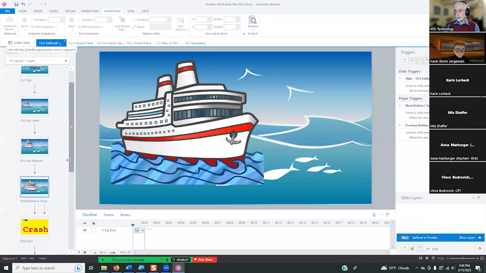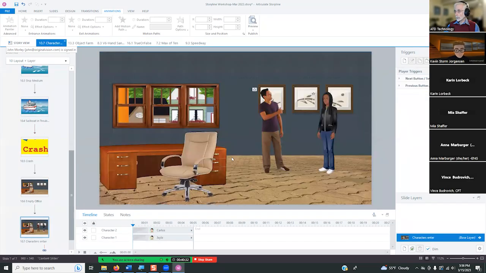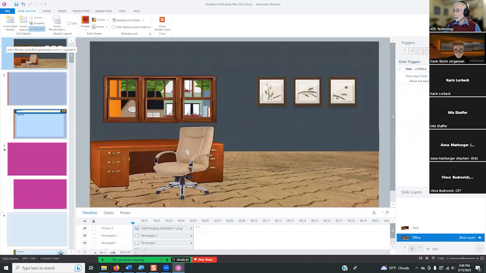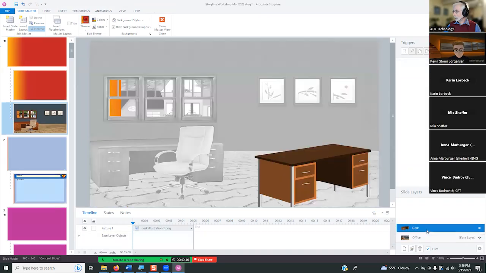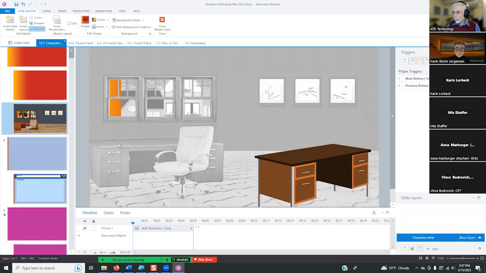Let's go back in and take a look at that. Okay, here we are, FN and F4. And we'll see this is the layout here, and the desk here is the layer, background, foreground, and the action in the slide takes place in there, which I thought was pretty slick.